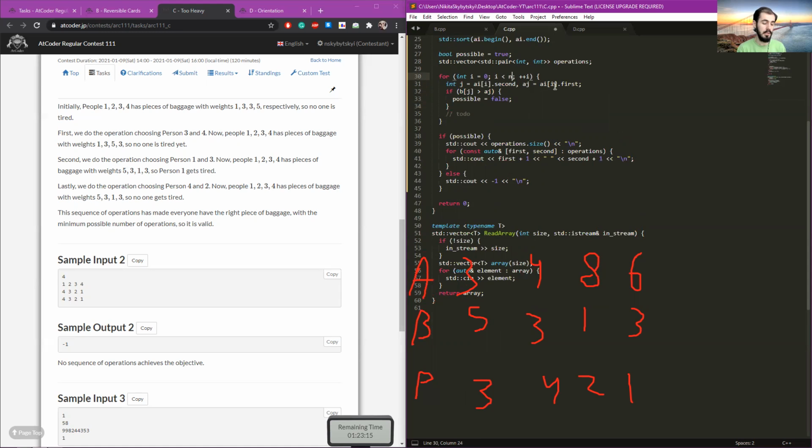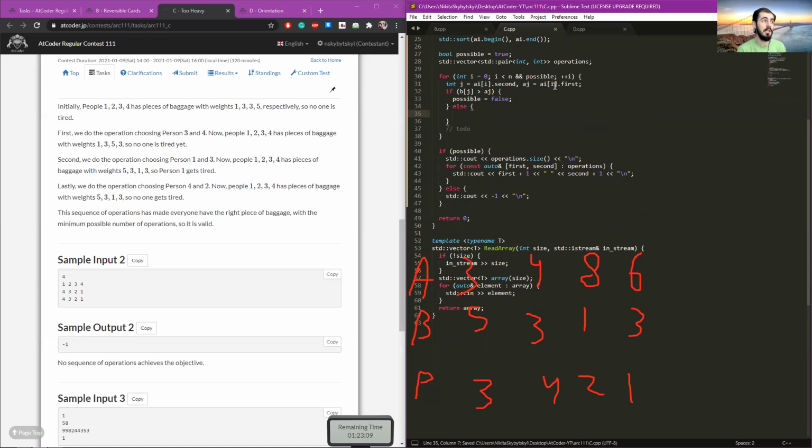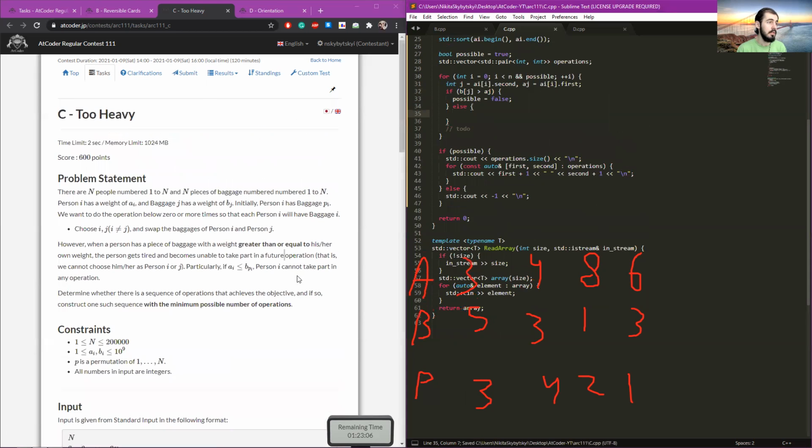And we can also add it here. Else, their baggage is okay. Right? No, greater than or equal. Otherwise, the baggage is smaller and they want to get